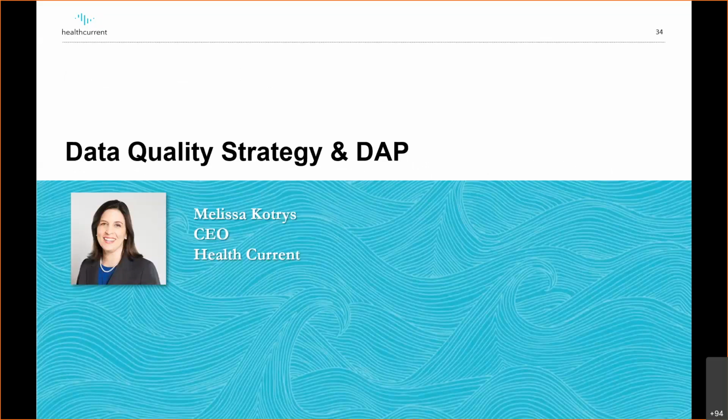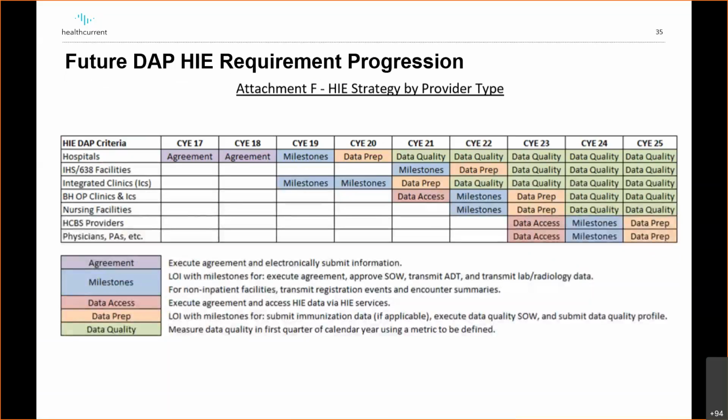Okay, I'm going to hand it back to Melissa for data quality strategy and DAP. Great, thank you. So this first slide is one that Jamie already showed earlier in the presentation. But really this section is going to describe for you how we handle data quality related milestones under the DAP program. This is the addendum to the attachment F and the DAP policy that we've actually had in place for